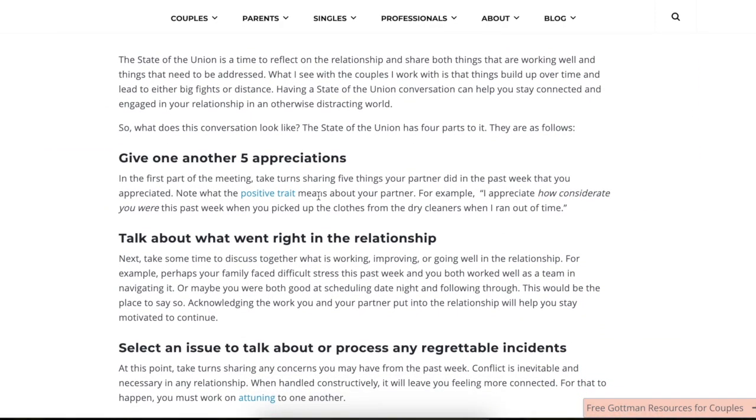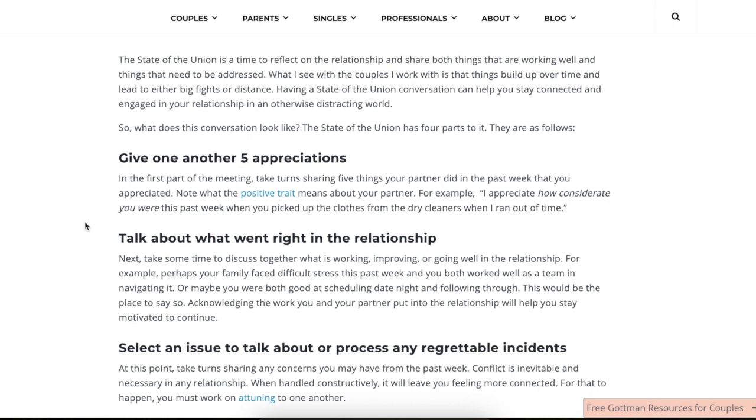Okay, here we go. So a State of the Union meeting ideally happens regularly in an interpersonal relationship. I think it can happen regularly in a team and in a school, a team in a district, a student classroom, also one-on-one interactions at the student staff level, any of those. So here is the structure. You are responsible for taking that and running with it and thinking about how to apply it in your spaces. So give one another 5 appreciations.